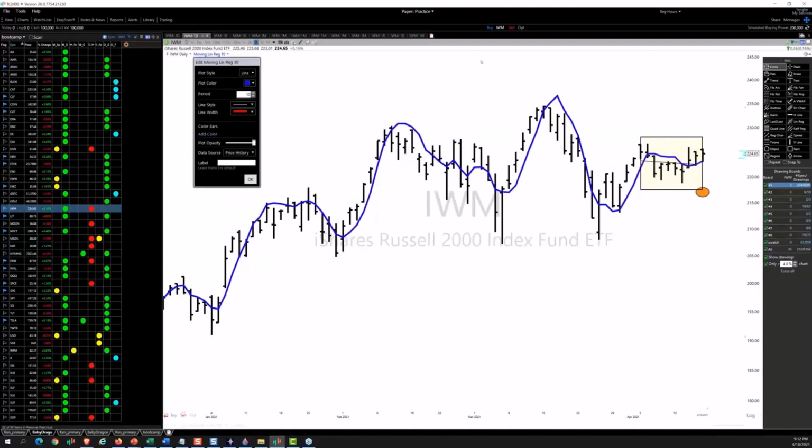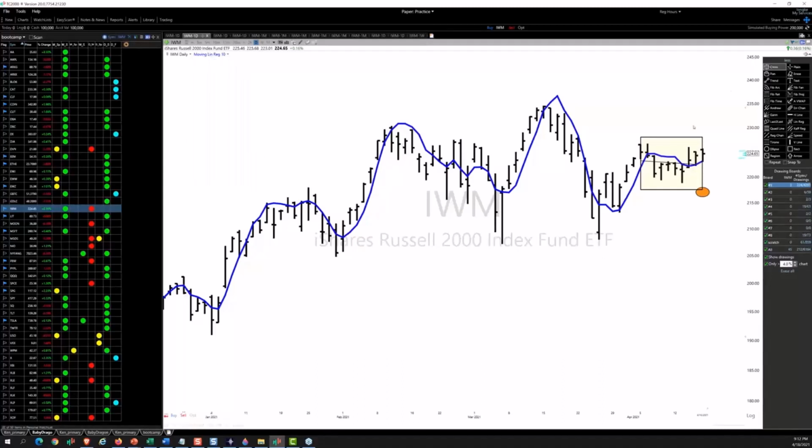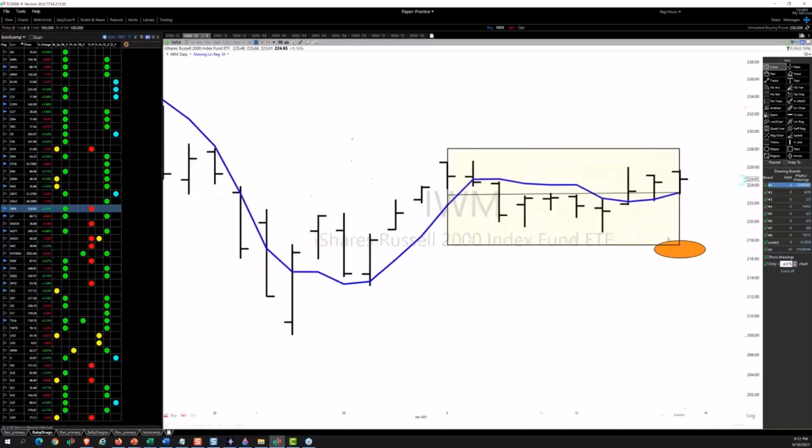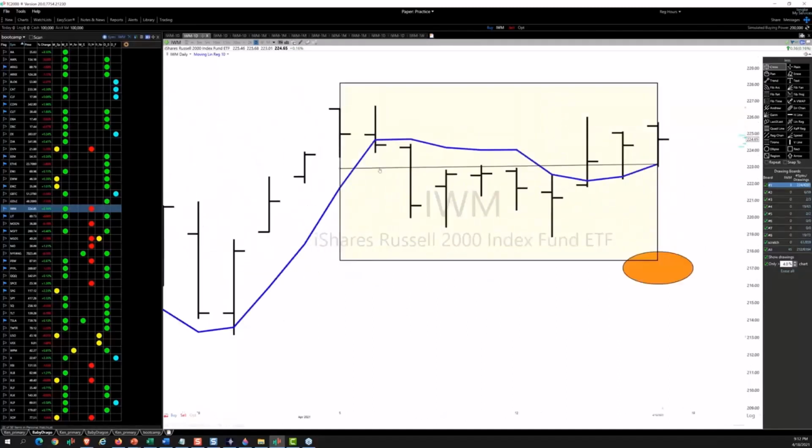So what I've done is I've plotted a moving linear regression 10, and I'm going to color that blue, and that represents the best fit line of the look back period. This trend line that I just drew is the actual linear regression for this whole, so that would be a 2-period linear regression, 3, 4, 5, 6, 7, 8, 9, 10. So now when I draw the 10,